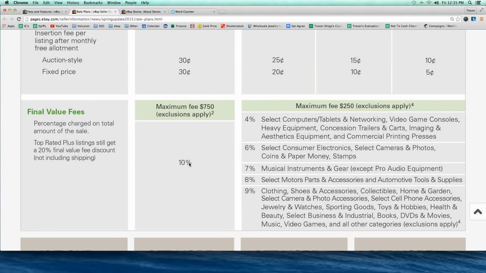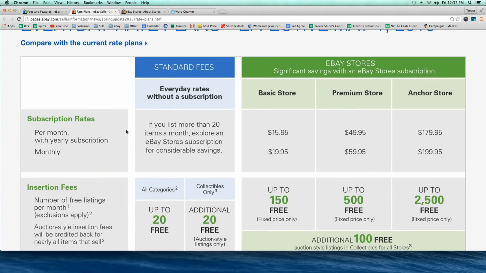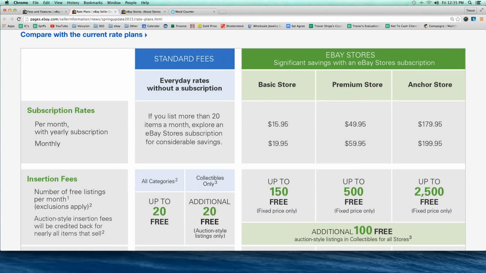Okay. Final value fees remain at 10%. Sell something for 80 bucks, $8 is going to go out the door to eBay. And if it's your 24th listing of the month, then 30 cents is going out the door to eBay too. But if it's an auction and you sell it as an auction, you're going to get the 30 cents reimbursed. Guys, are you clear on